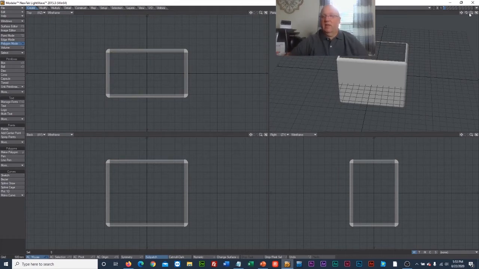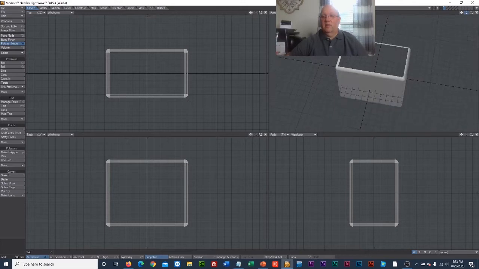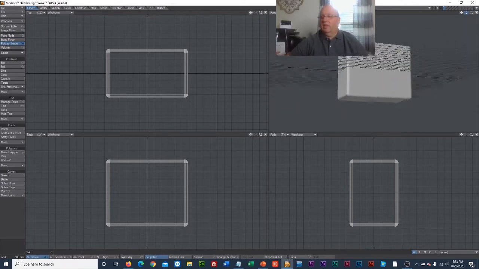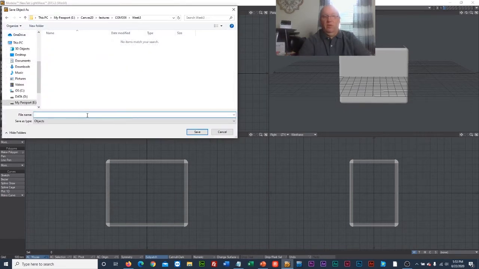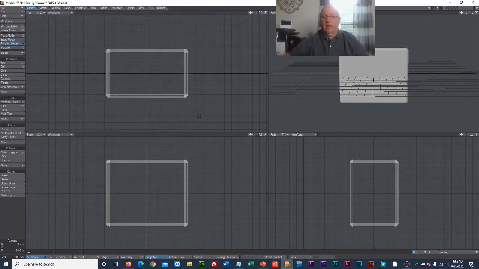Once I've done that, look what I have created. I have created a mess, an abomination, because I have created a hole into an empty universe. So I'm going to save this at the moment, save the object. And I'm going to call this, let's say, case. So now I've saved that as an object. And if I open up Lightwave, or Layout rather,